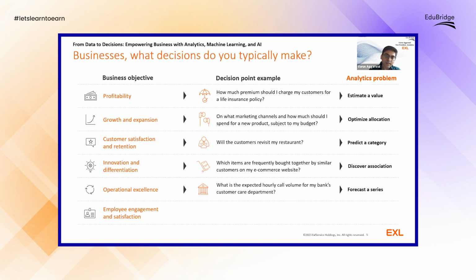Now let's talk about the last example, employee engagement and satisfaction. Let's say for an educational institution, you need to take a call. What faculty members should I target for a more proactive retention program? Now this requires some kind of segmentation, right? What are the different categories of my employees where I need to focus more? If you give incentives to everyone, it will no longer be an incentive, it will become an expectation. But if you need to pick and choose, then you need to do segmentation.